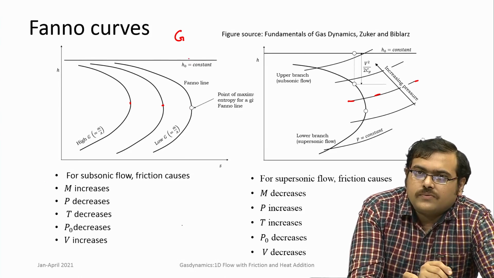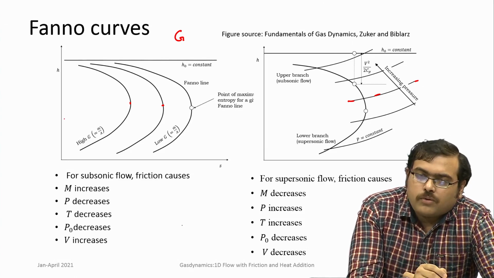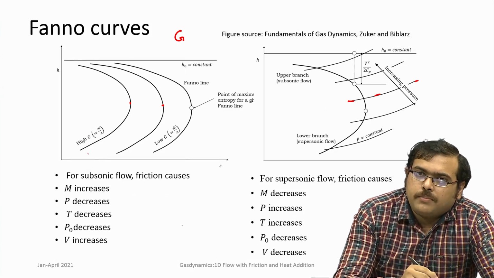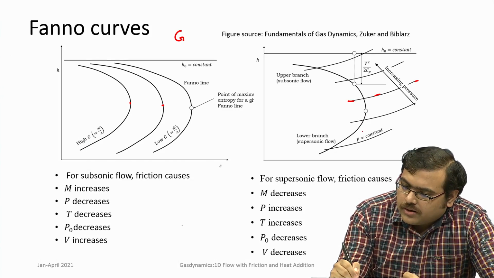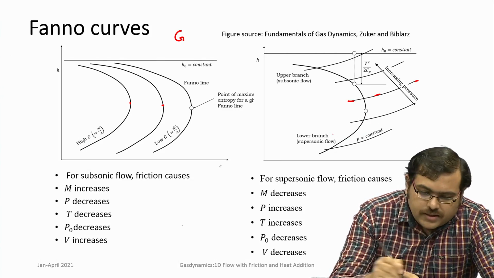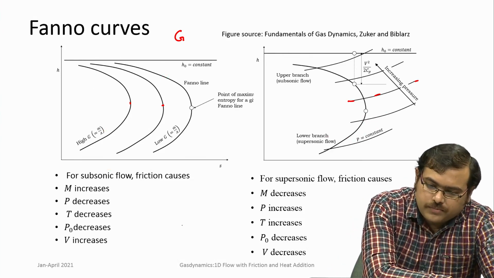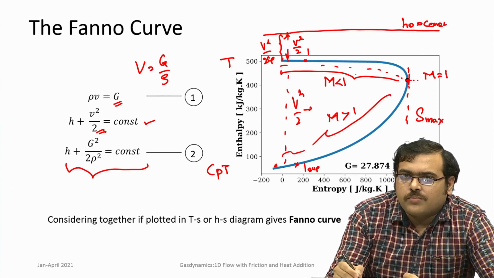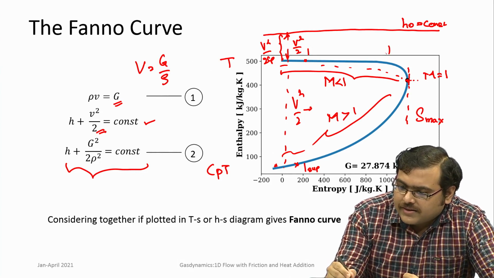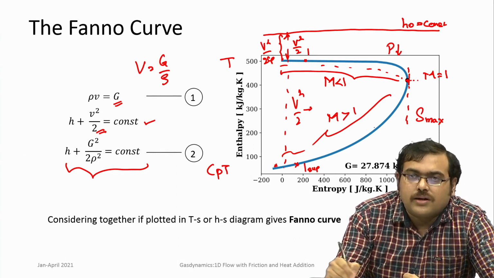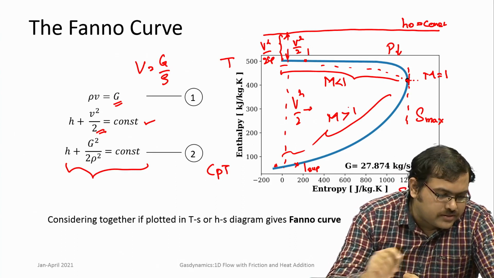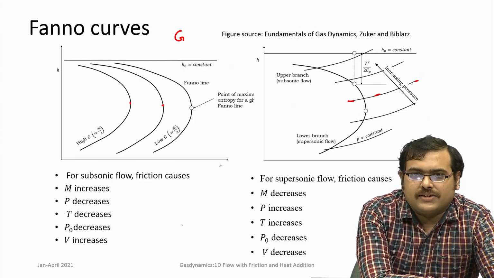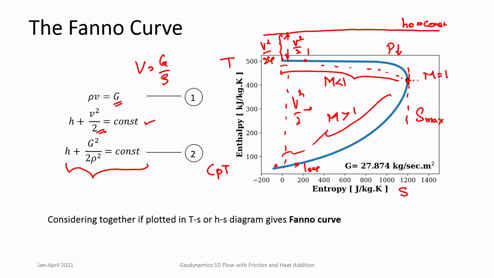So, if you look at this curve, immediately what happens to pressure and density will become obvious, because the pressure decreases as you go from left to right. But be mindful, they are not parallel lines. So, they are curved. So, actually if you look at the exact way in which the Fanno line occurs, then in the subsonic branch you have a decrease in pressure as you go along the Fanno curve. P decreases in the subsonic branch, but you can notice the supersonic branch is rather steep, and if you draw the pressure lines along this particular curve, supersonic branch, then you will find that pressure will increase,